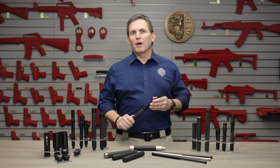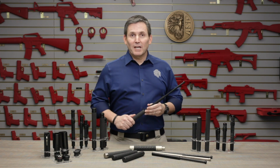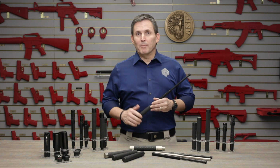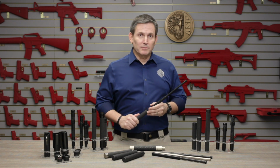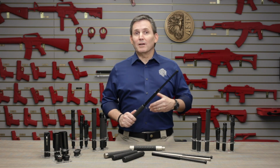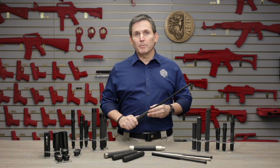If you ask any law enforcement officer about the expandable baton on his or her belt, chances are that officer will say, "That's my ASP." That's because the word ASP has become synonymous with the modern expandable law enforcement baton. And the company, Armament Systems and Procedures, or ASP, created the category 40 years ago. So it's probably no surprise that we at ASP offer more options and variety in law enforcement batons than anybody